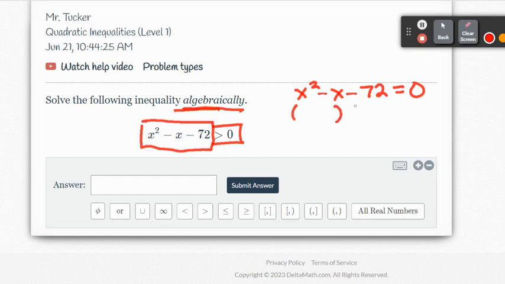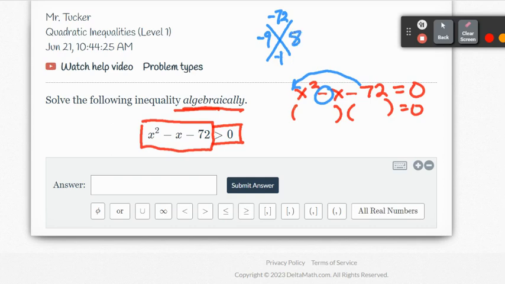And to factor it, most often students run to the magic x, and as long as they do the magic x properly, we'll be in great shape. So we put a negative 72 on top, because negative 72 times the 1 gives me the negative 72. And then a minus 1 in the middle for my b value goes in the bottom. And then I just got to figure out what multiplies to be negative 72 that adds to be negative 1, I apologize. And that should be negative 9 and 8,